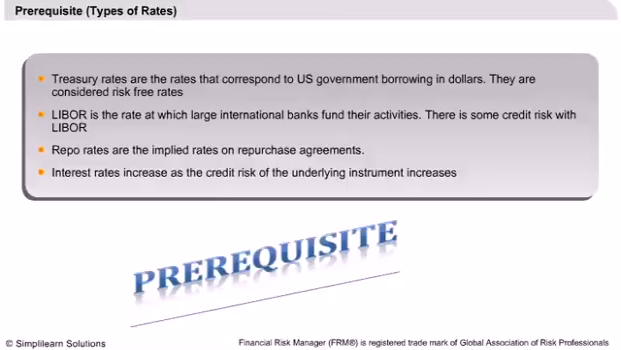LIBOR is the rate at which large international banks fund their activities. There is some credit risk with LIBOR. Repo rates are the implied rates on repurchase agreements. In a repo agreement,